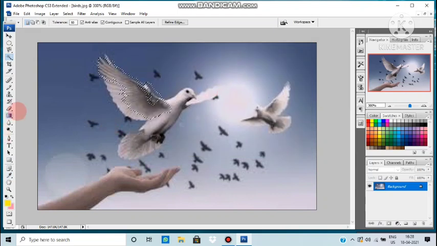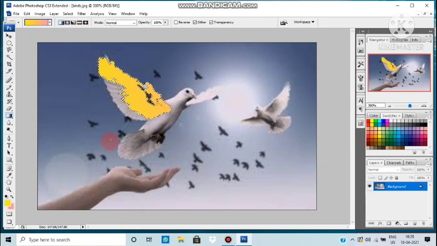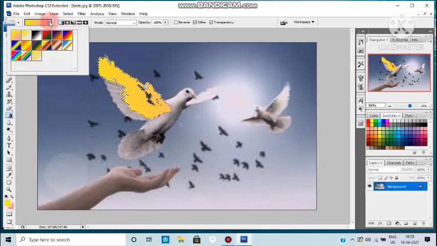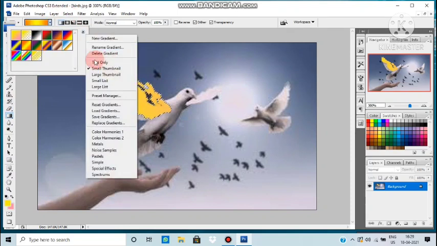Now what you have to do, just go to the gradient tool. Paint bucket and gradient are both in the same combo. Click on the gradient tool and then click in the direction. This is the pattern in which the color will be filled. Drag the line from this side and leave it. You will see the shade will appear. Since the selected area is very small, that's why the other color has not come. Choose the pattern in a different way and it will come.